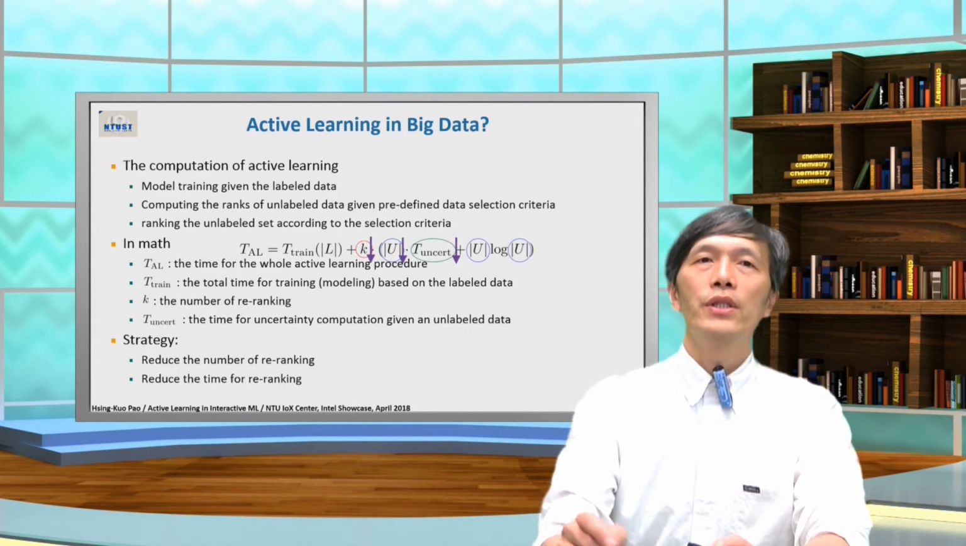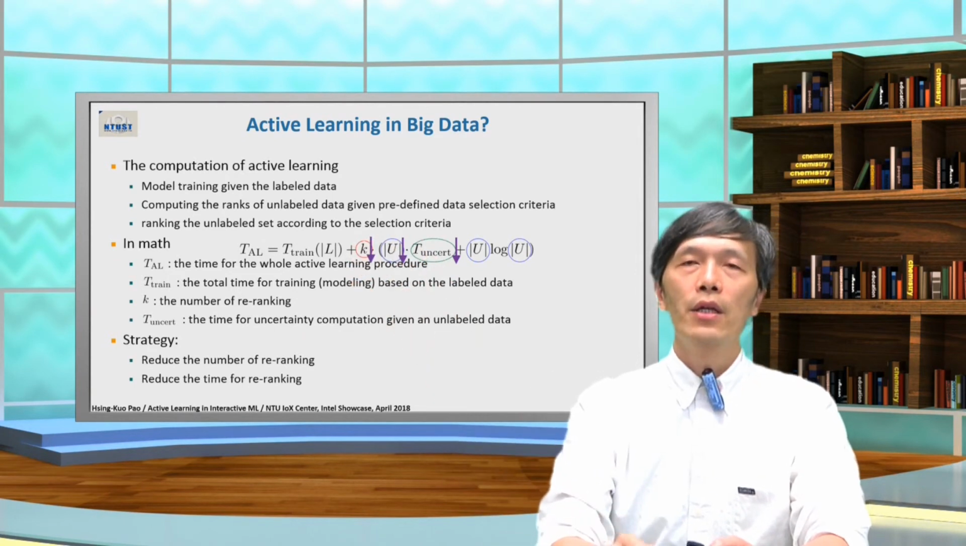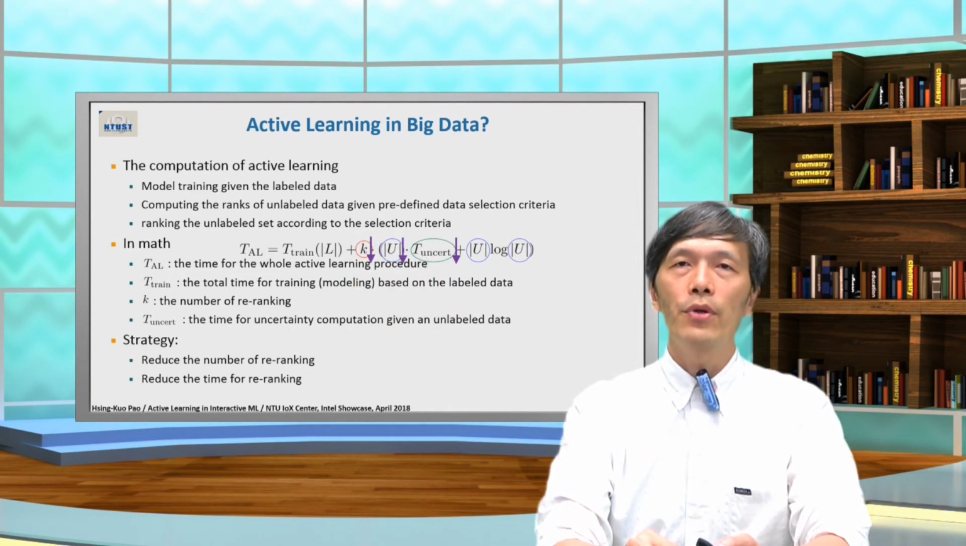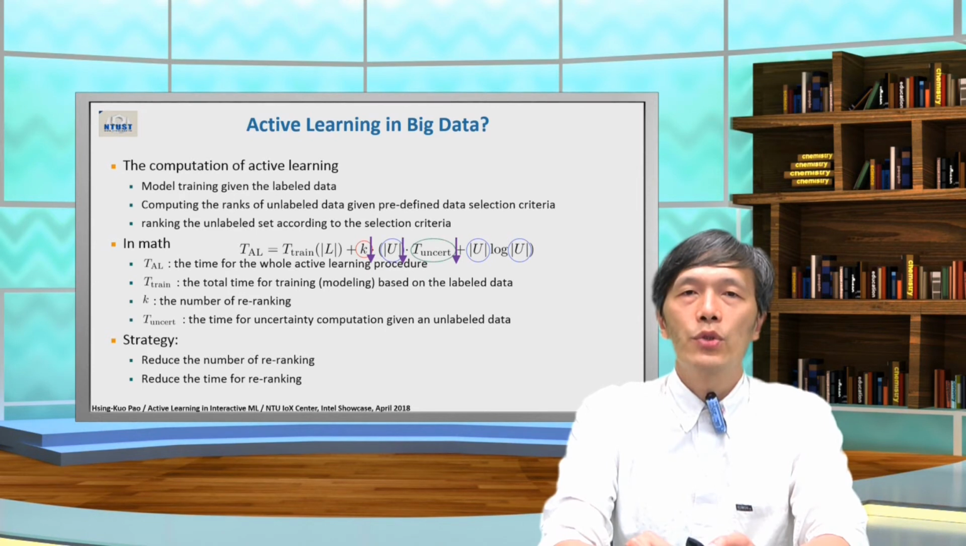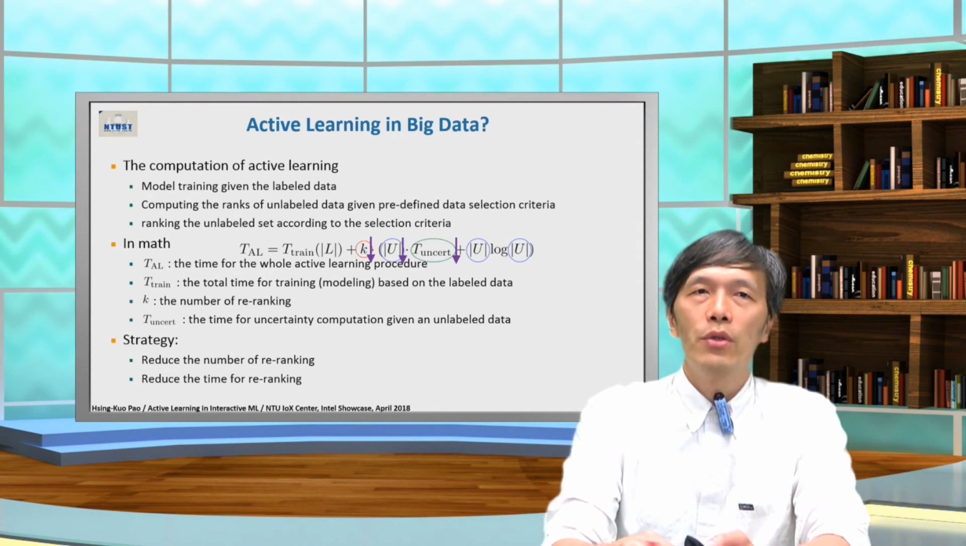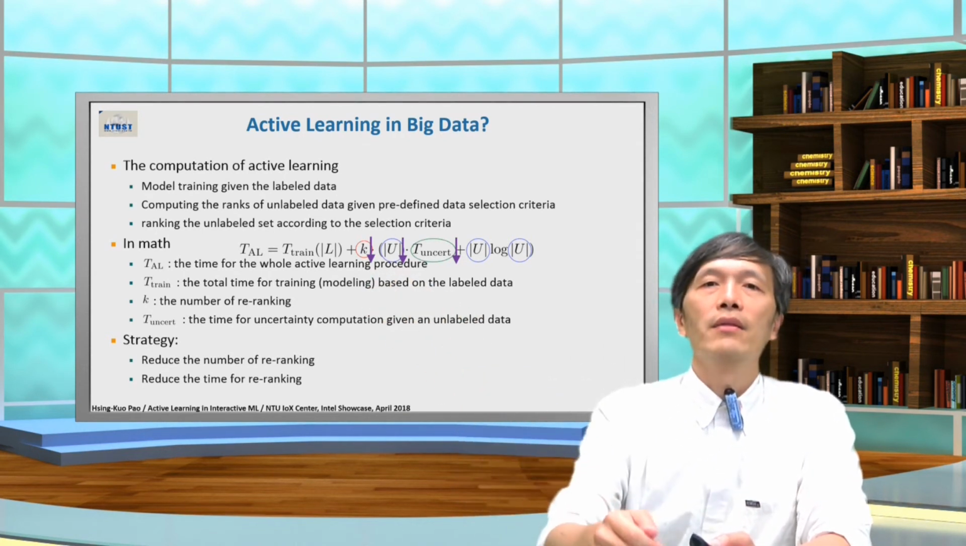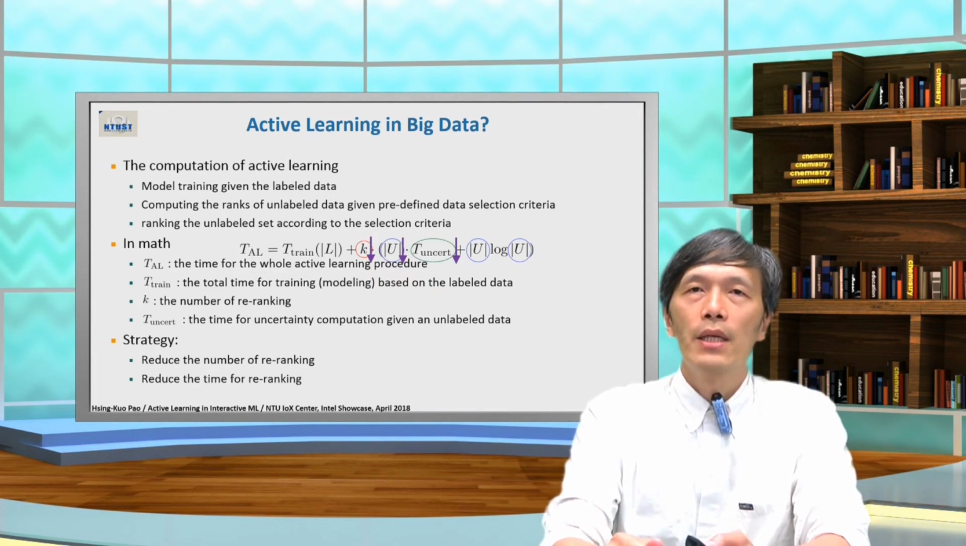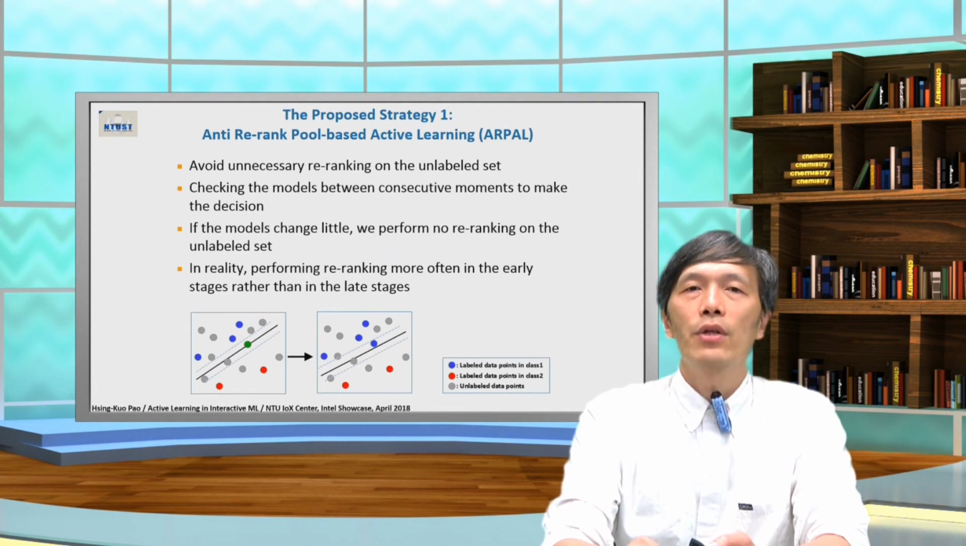So first of all, how many times we do the re-ranking, we try to make it as small as possible. Basically what we mean is that sometimes the model may not change too much, right? If the model doesn't change too much, then the ranking based on the model will not change too much. Then maybe we don't need to change the ranking. At the same time, just because we don't need to change the ranking, we can save the time on the sorting. Okay, so the first strategy is what we call the anti-re-rank